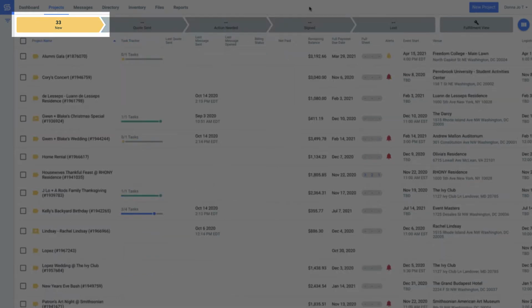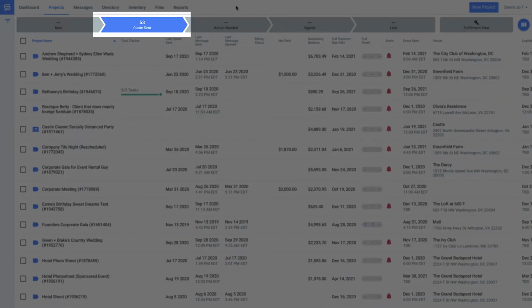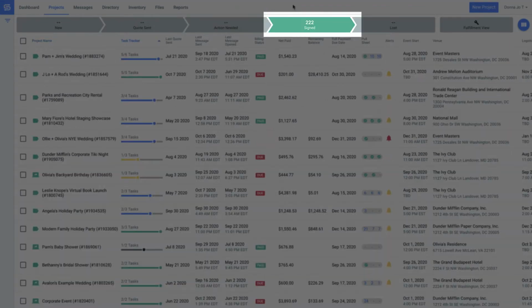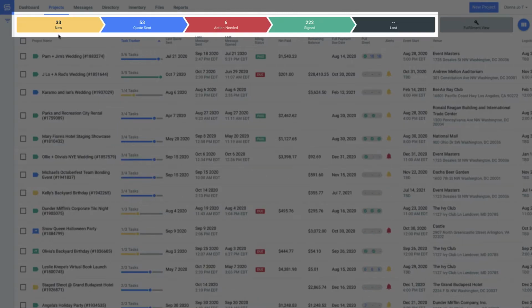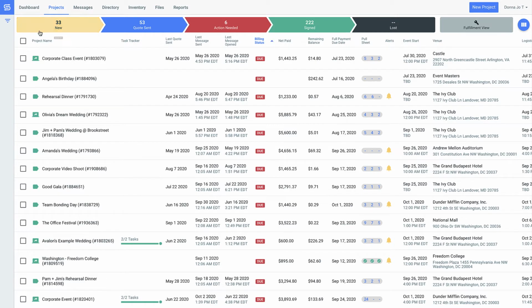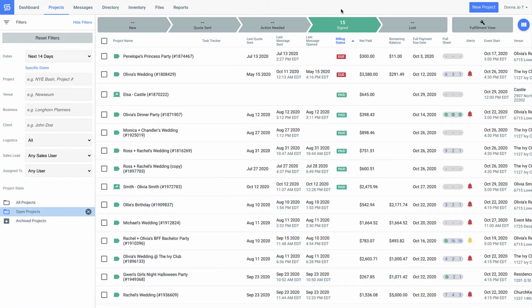Whether you're working on a new proposal, have sent pricing off to the client for approval, need to track changes on a contract being reviewed by the client, or have a signed contract that's good to go. The bright colors make it obvious where things are in your sales cycle, and the information below makes it easy to sort and filter, so you have everything centralized in one place.